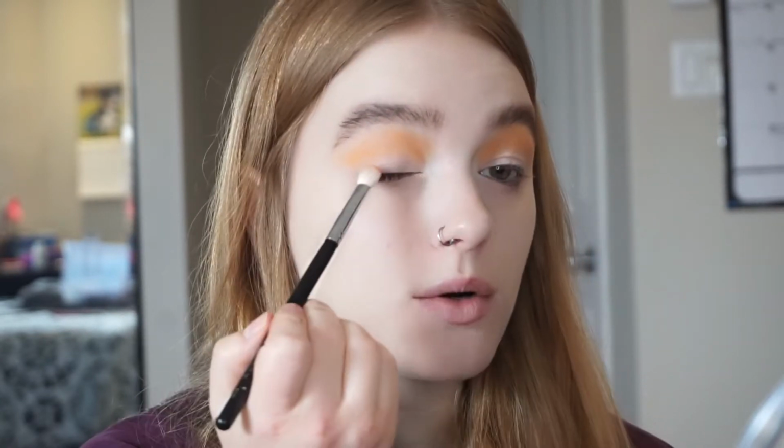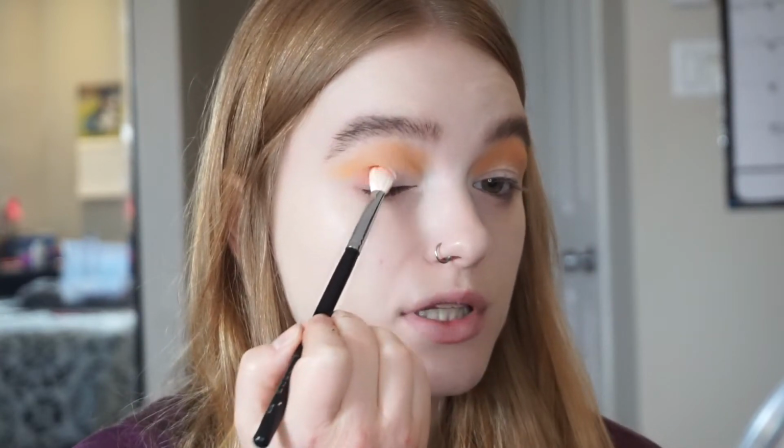Now I'm going to go into this Habanero shade. It's just a matte orange. Not quite a pumpkin orange, a little bit of red is in there, and just put that on my outer corner